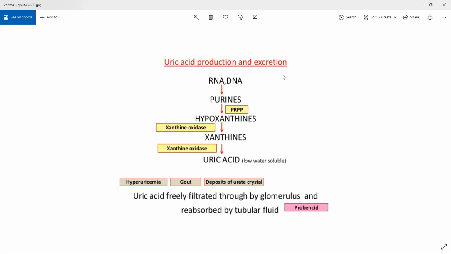Ultimately, if more and more uric acid starts getting accumulated in your joints, over time it will start destroying your joint. It will destroy the architecture of your joint, and it will lead to arthritis. So that is the consequence of gout. If not controlled in time, gout can lead to arthritis. That is why you need to give a few drugs to control this. One particular drug is allopurinol, which is given to treat gout. You can also give probenecid. There are other drugs as well. We'll not get into drugs, but there are some ways through which you can treat gout. So you had a little bit of gout in your portion. That is about gout, a small introduction.